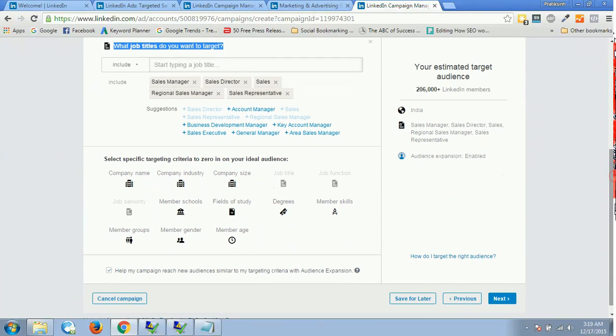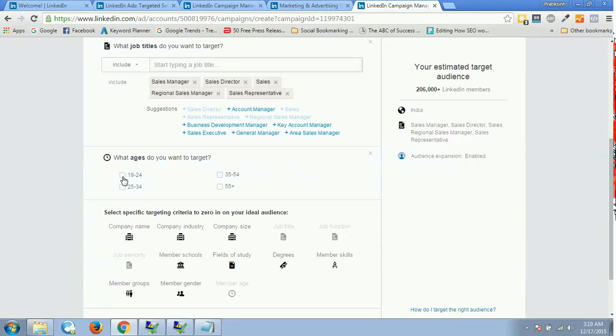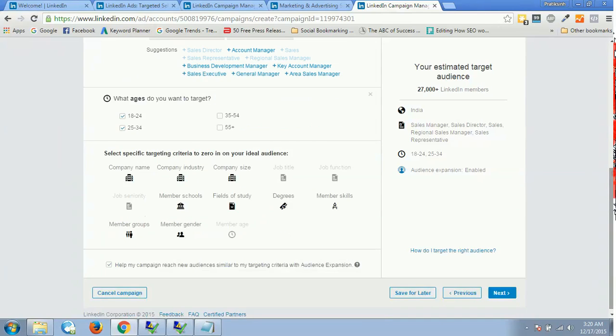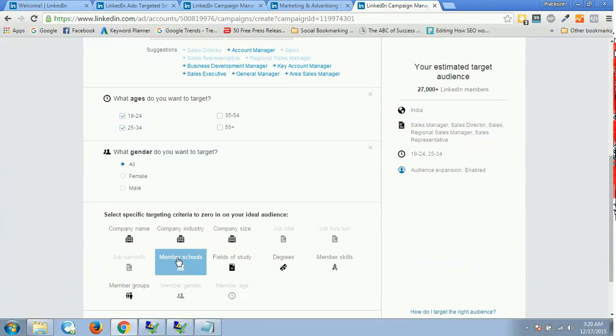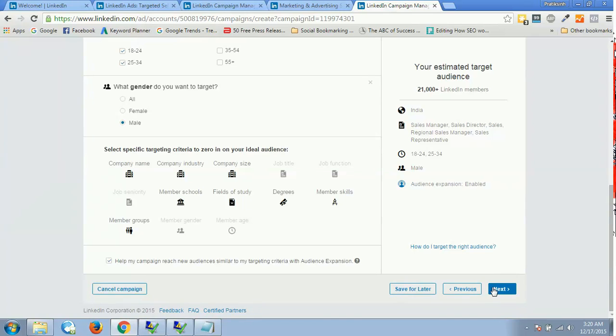Then you scroll down, and if you want to add some age, you can add an age, let's say 18 to 24 and 35 to 54, or maybe 25 to 34. Alright, so this is how you can just go inside this gender. If I want to go gender, I'll say, let's suppose only male. Right, so this is all up to you. Then let's say I click on next,